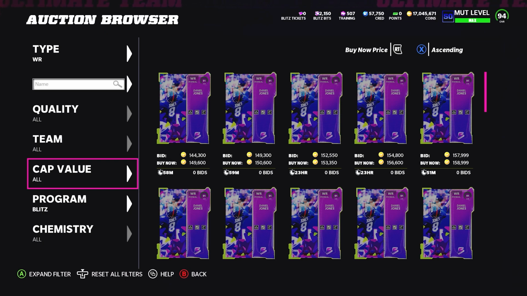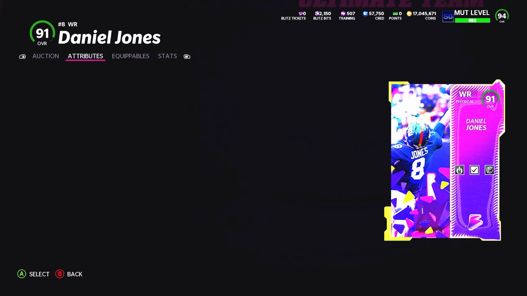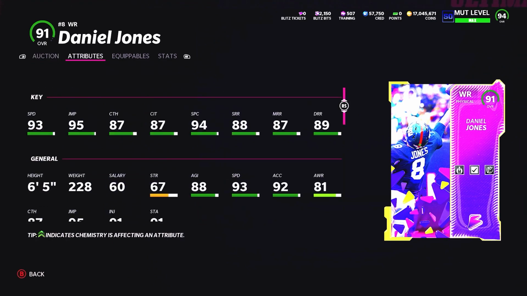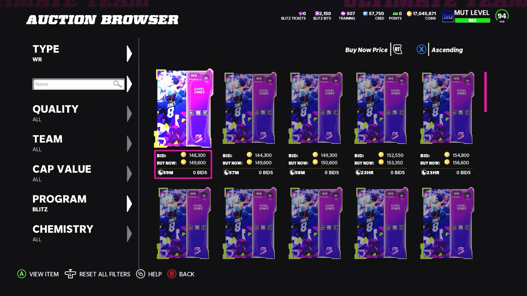But if you happen to pull the Daniel Jones, you're probably wondering, should I sell, should I keep? There's really a huge question mark if you pull this Daniel Jones, and in my opinion, even though he is quite a good card at 93 speed, it's pretty obvious to me. I think you should sell instantly. 150k is quite a lot of coins for a daily quick sell kind of pull in Daniel Jones,